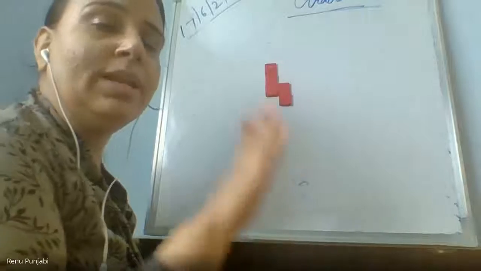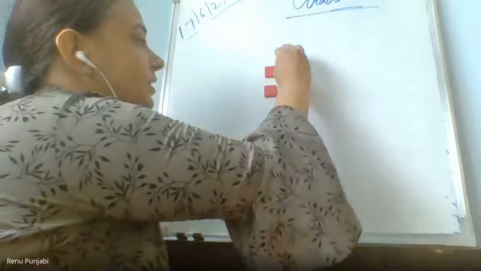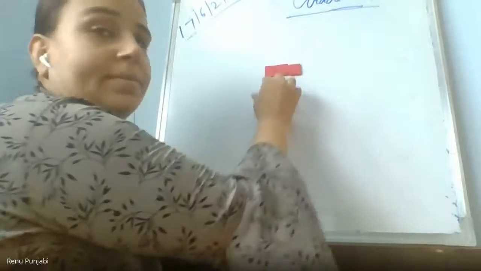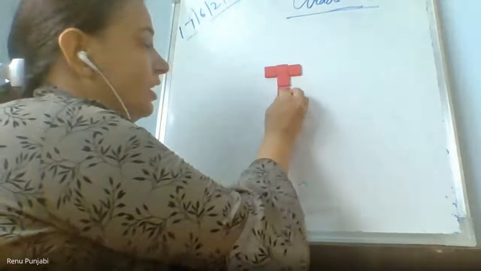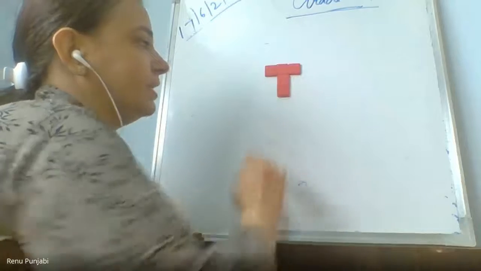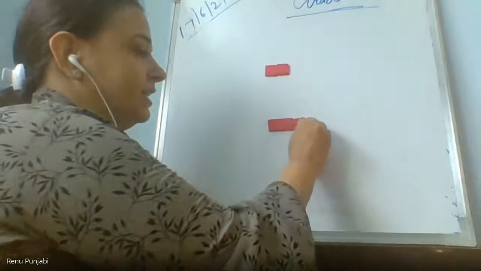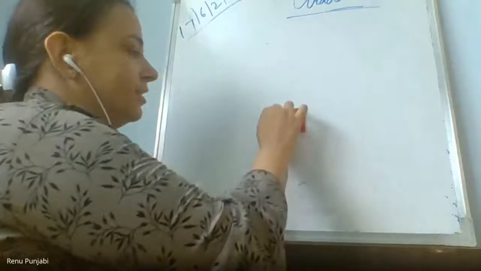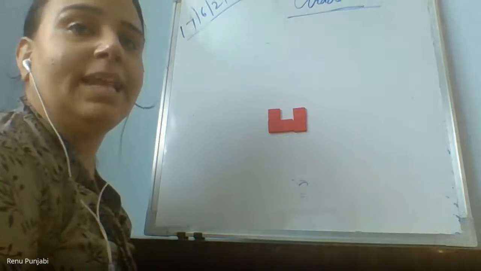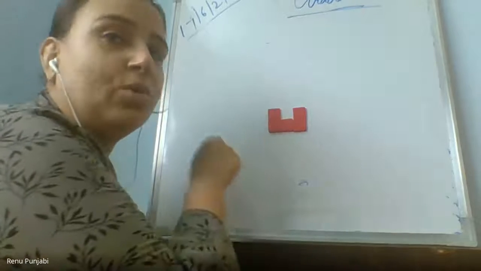I have used only 5 small squares, and with 5 squares, I am arranging them in different ways. Now you can see this one. Children, when you played this type of video game earlier, you were making the squares. Yes, ma'am. So can you see now I am arranging them in different ways? That is why the name of the game is pentomino, because we are using 5 small squares.